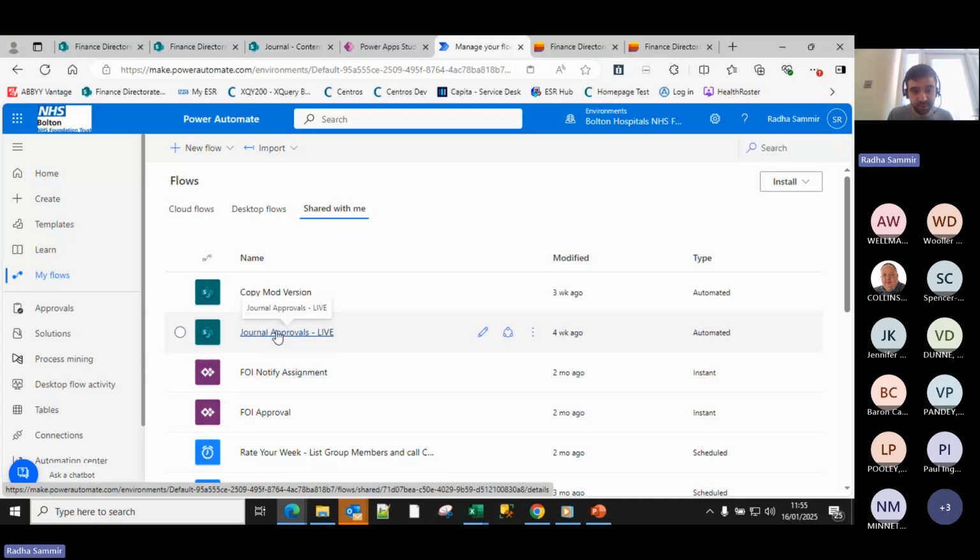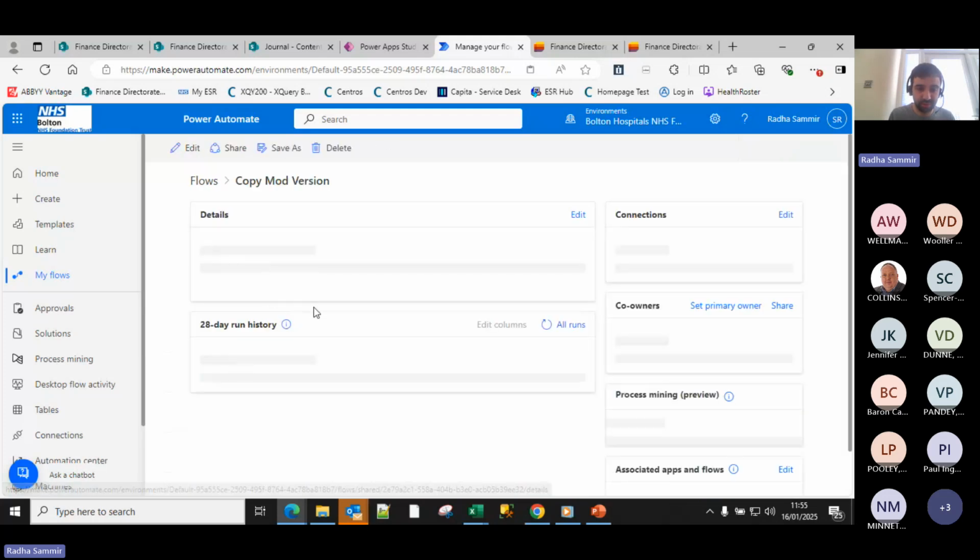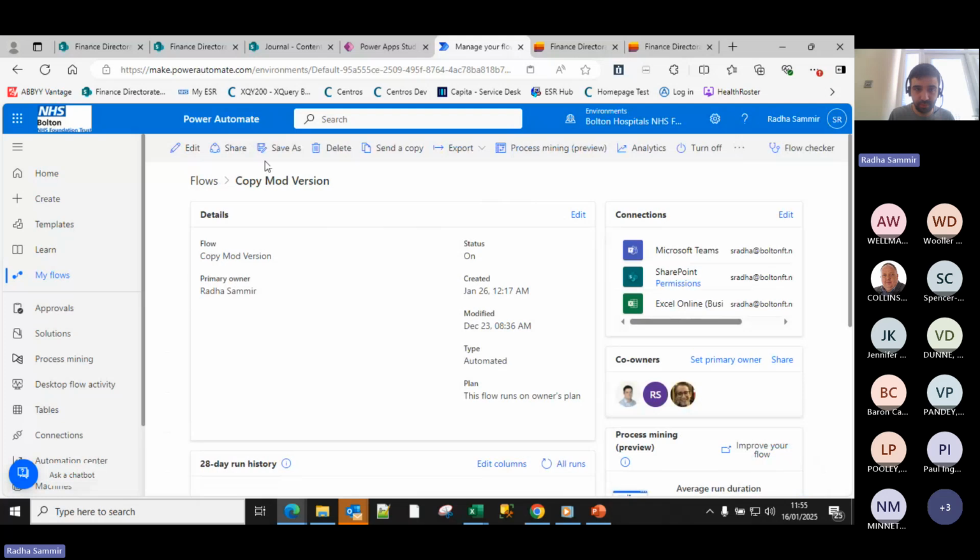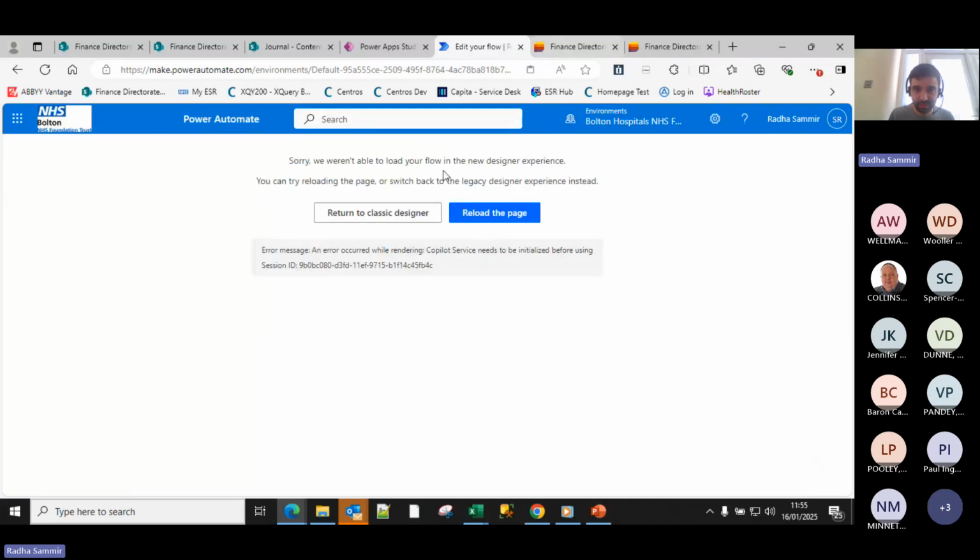So this is XLSM ones, which the whole process was being done in a particular different way. This new way was far more efficient. I was able to get the process running a lot faster, and it was using XLSB. So this is the version which is used going forward. If I edit that,